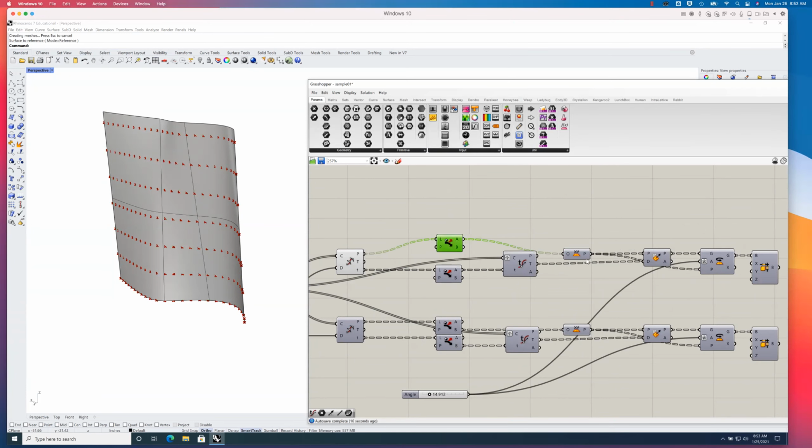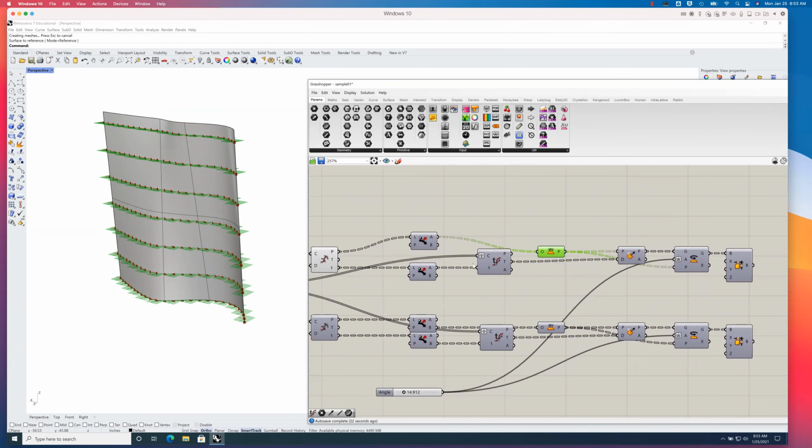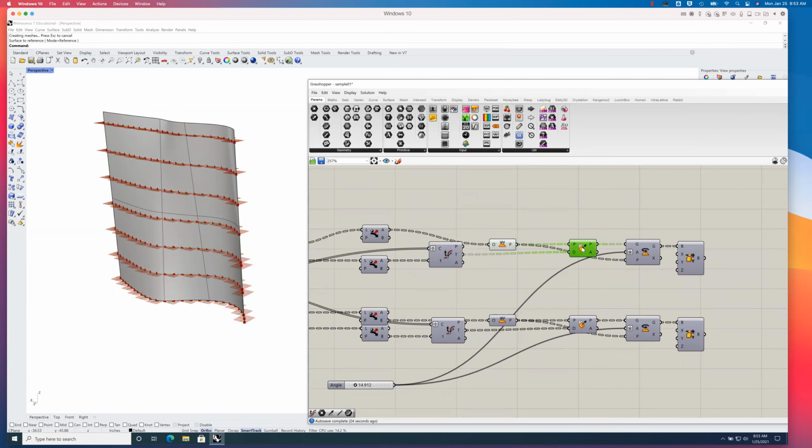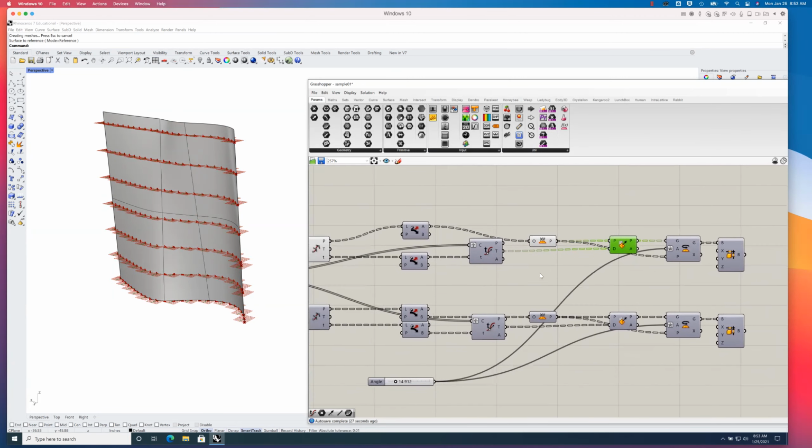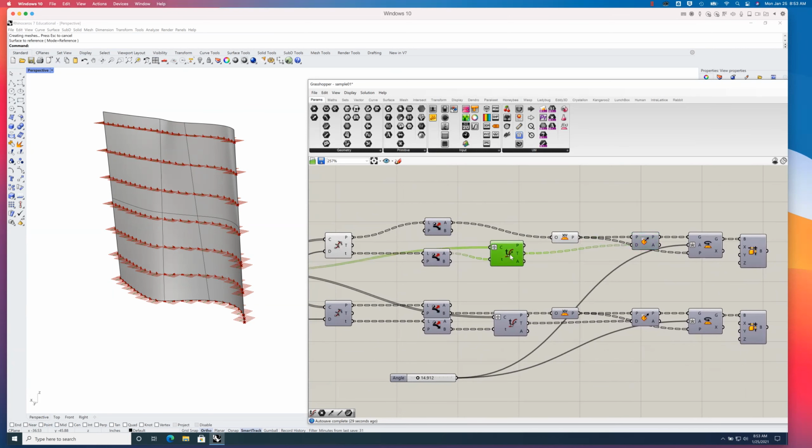I'm going to take each of these points. I'm going to populate them with a plane. In this case, an XY plane, a horizontal plane. Interestingly, once I take these planes and populate them, they're kind of dumb, right? They're all in orientation of the XYZ Cartesian space, and they have no relationship other than their location to the surface. So the surface and the curves and the points, for instance, each of these points along this curve,